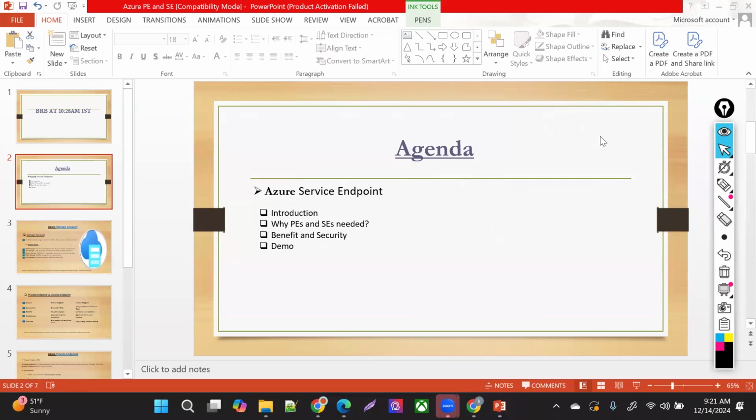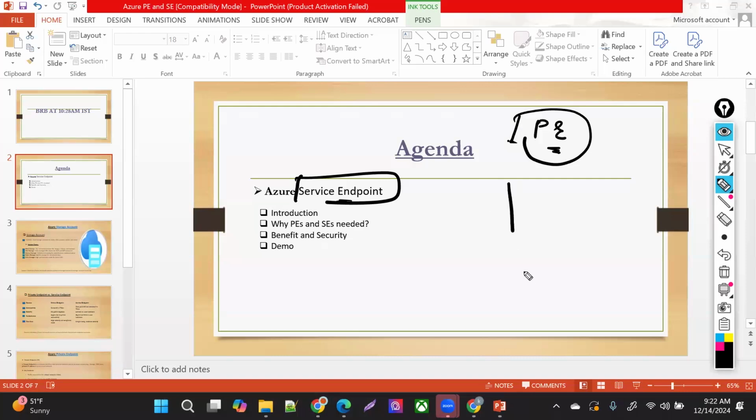Now, we have a clear understanding of private endpoint, right? Why is this service endpoint needed when we have private connectivity and secure our PaaS services on the Microsoft backbone network? Now, the major difference is this: this is my service endpoint, this is my private endpoint. They have similar terms, right?